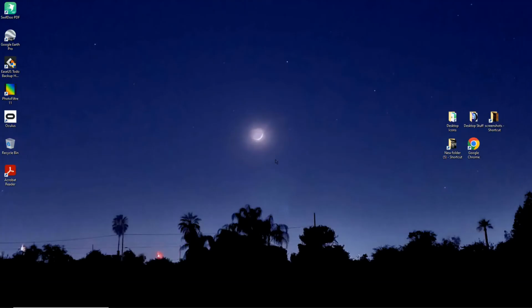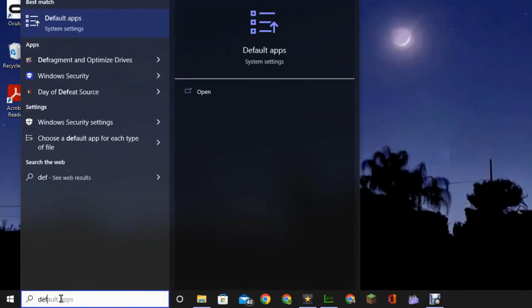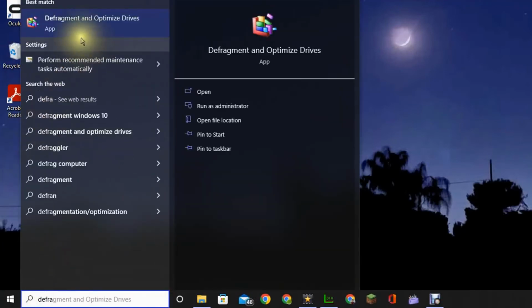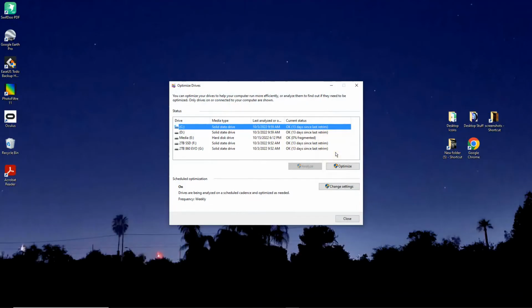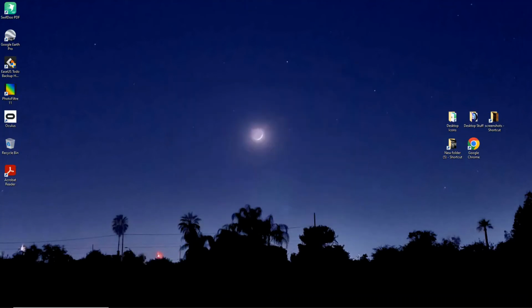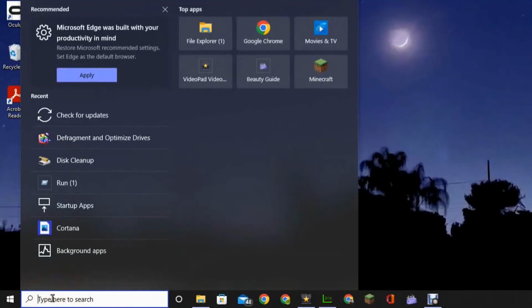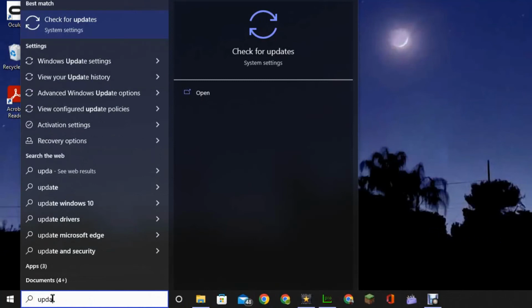So this basically optimized our C drive for us, so there are fewer files there, and everything gets a little bit faster when you don't have those files there. You could be doing other things such as defragging your hard drive if you have the older hard disk drive. But for solid state drives, we do not defrag those. Another thing I would like to mention is you could go in and update your video drivers. Make sure you do have the newest drivers for your video card, as that helps a great deal.